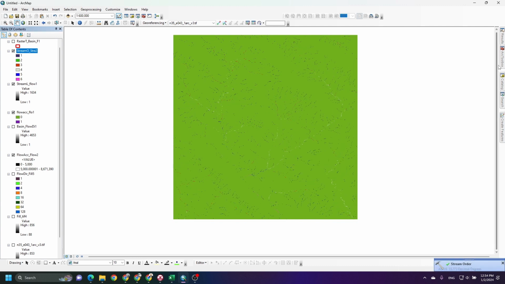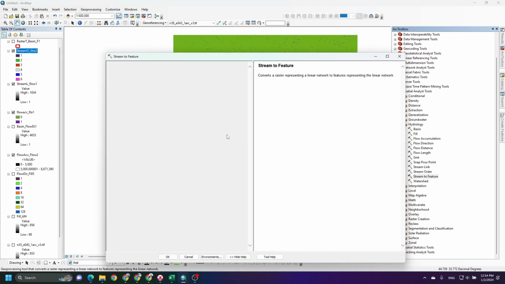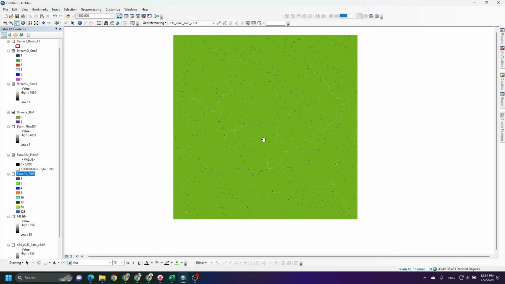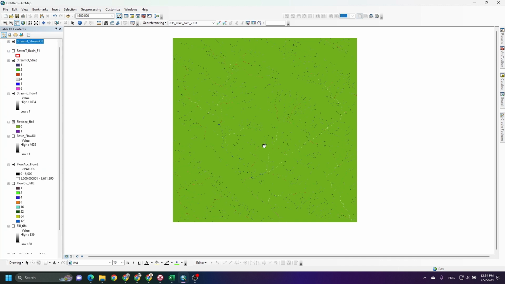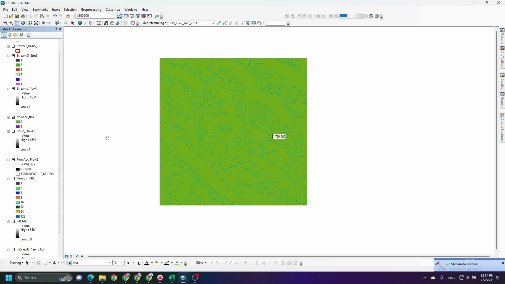We have done it, and then the last one, we are going to select Stream to Feature, and we have to add the stream order and flow direction. Okay, this step also has been done.